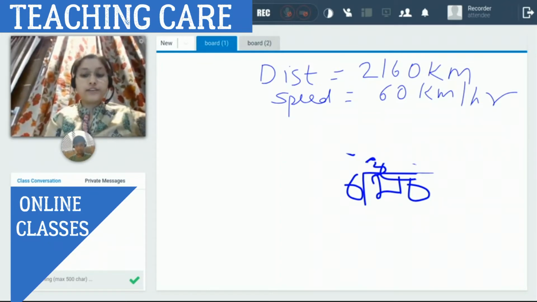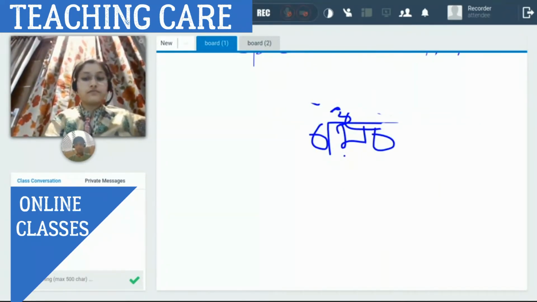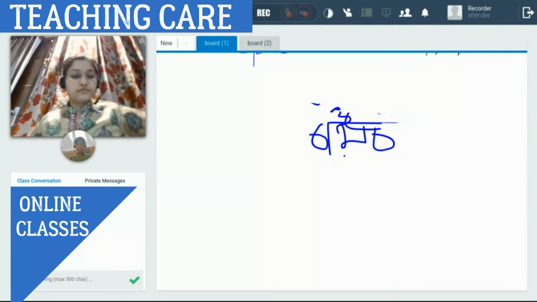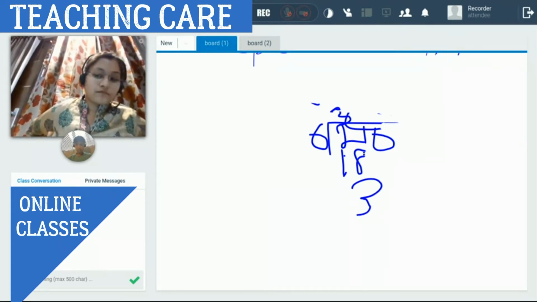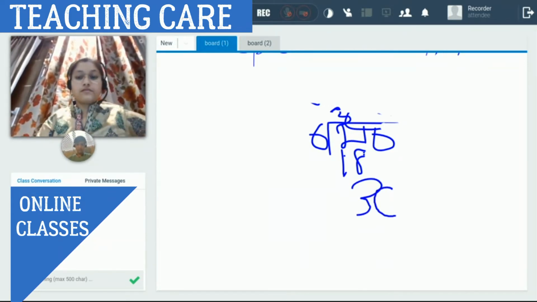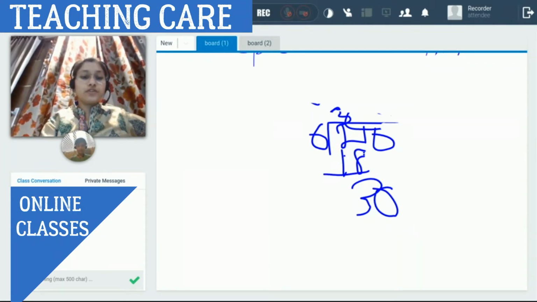You have placed 3 here, then write 6 into 3, what is it? Below 21. 6 into 3, 18. Subtract them, you get 3. You put this down. What, a 0? You have written 0 after 3? Yeah, because you drop it down.